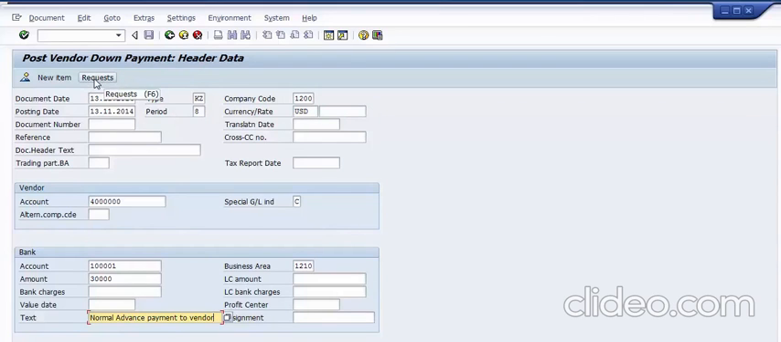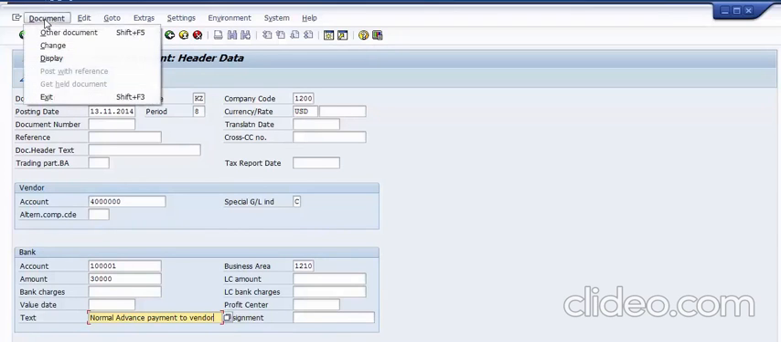But right now we will not be taking this request anymore because we are not processing the down payment with request. When you process with request, you need to go to this request and select that request also. But right now we are not moving with any request. We are making a normal advance payment without any request from any of the departments. So this is what you need to fill on the screen, and once you have filled this, you need to